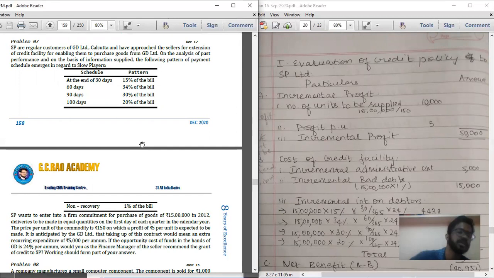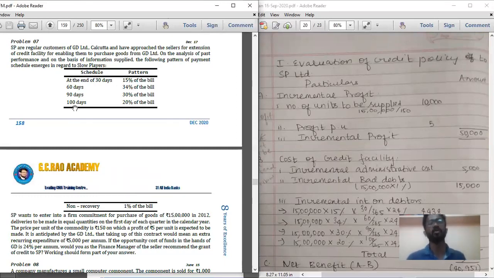SP Limited has approached GD Limited for extension of credit facility for enabling them to purchase goods from GD Limited. I am SP Limited and there is a GD Limited. I am the customer. I am going and asking GD Limited for extension of credit policy in order to purchase the goods from them. On the analysis of past performance, that is on the basis of performance which I did,